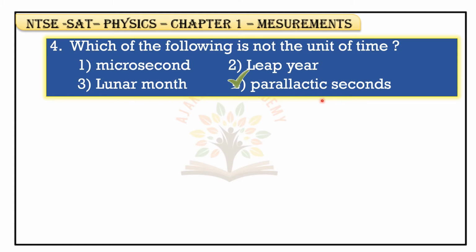So that's why it is not the unit of time. Microsecond, leap year, lunar month are units of time. Here only the fourth option, parallactic second, is the unit of distance. Okay, next,